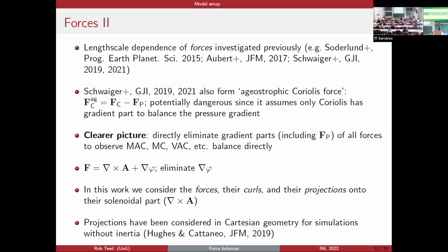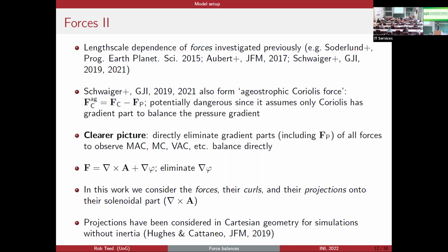So, yeah, the length scale dependent force has been investigated previously. We've seen some plots. Johannes talked a lot about Julien Aubert's work in particular on this. Well, Schweiger et al., including Julien Aubert's work. One of the things they do, as we've heard about before, is form what we call a geostrophic Coriolis force. This is formed by just taking the difference between the Coriolis force and the pressure. And I think this is dangerous because it assumes that only the Coriolis force has a gradient part to balance the pressure. It's fine if you're happy that you're definitely geostrophic or almost geostrophic everywhere, but actually